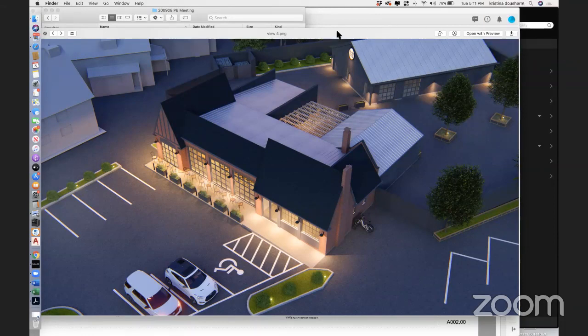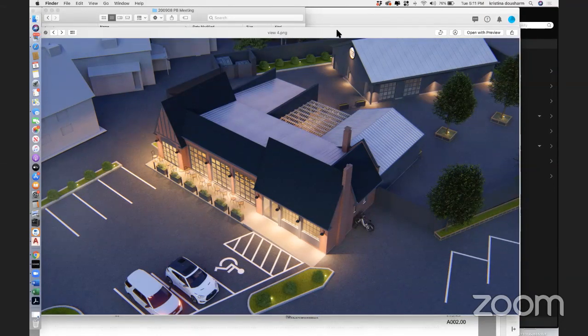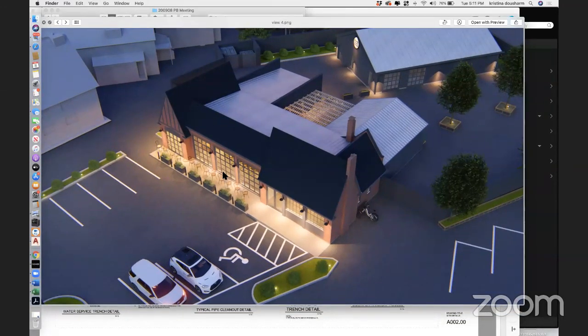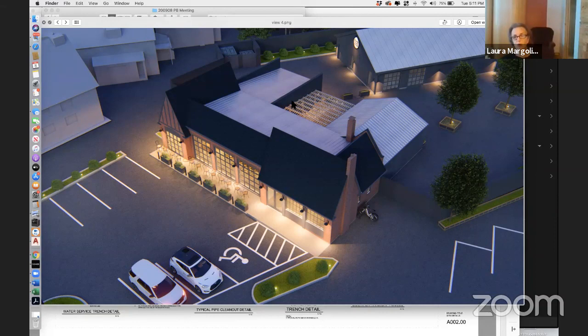Right. That wouldn't be an issue. In fact, we've had preliminary talks about the hours of operation for this, and I think this is going to be a business that is going to shut down relatively early in the night. This is not going to be open till midnight. Well, we would want to know the hours of operation before we could approve an application. So whenever you do know that,